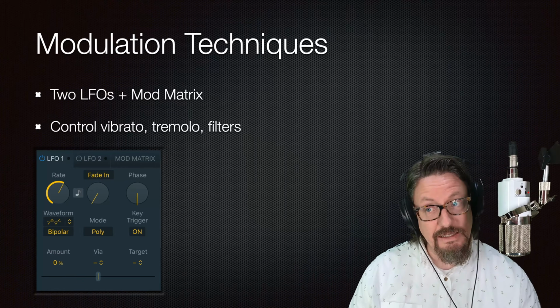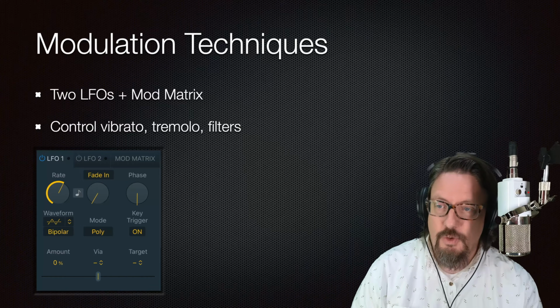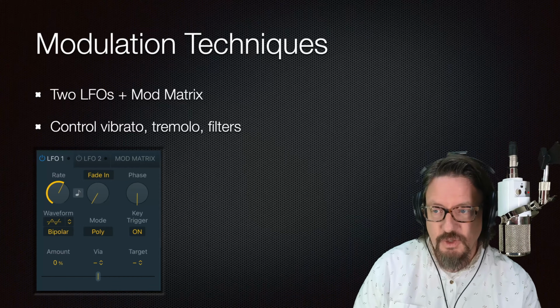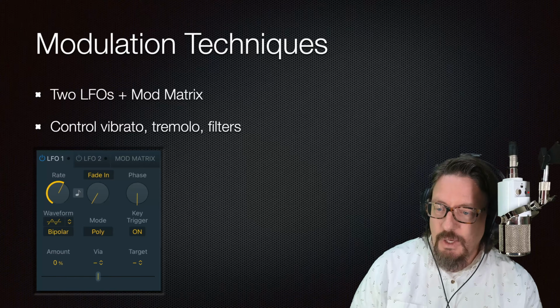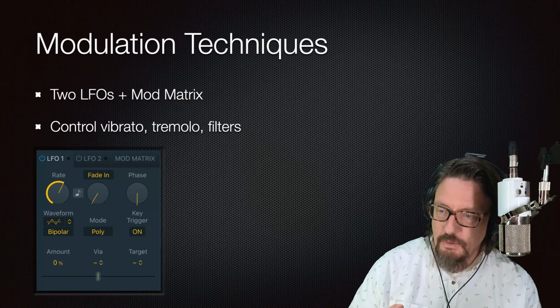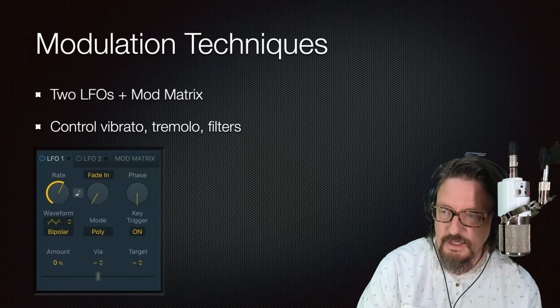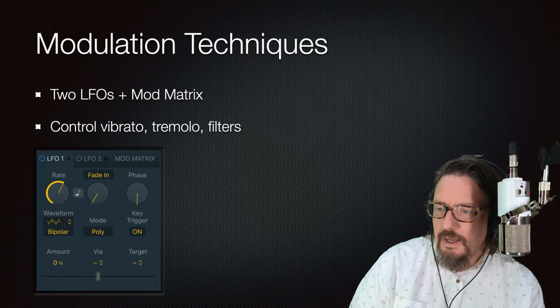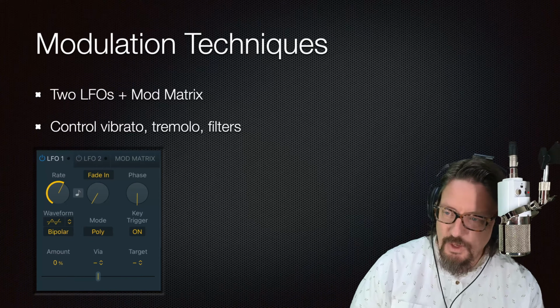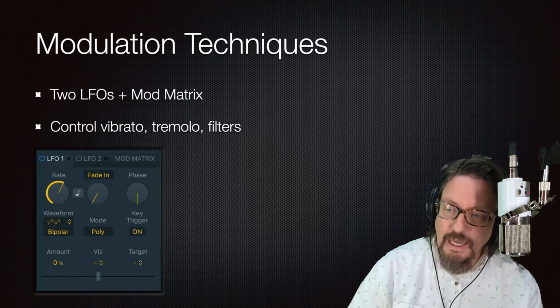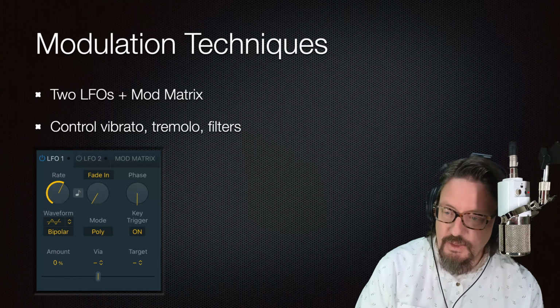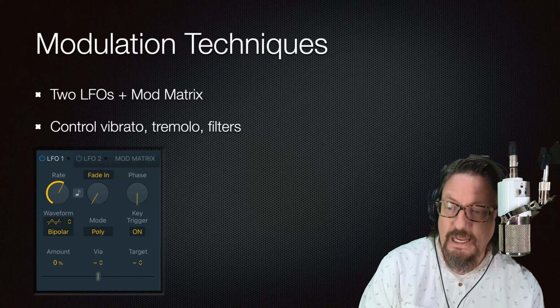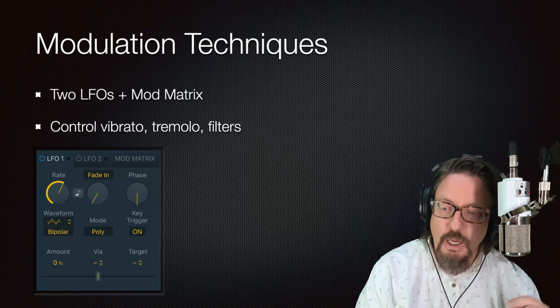Modulation techniques. We have 2 LFOs plus a modulation matrix. And so we can actually come through and work with those. This is LFO 1. If you want a different rate, you can set it, or you can have it fade in. I mean, all of the standard things, and you can choose by the target in the bottom corner where that